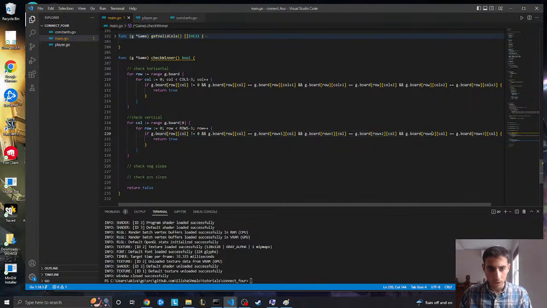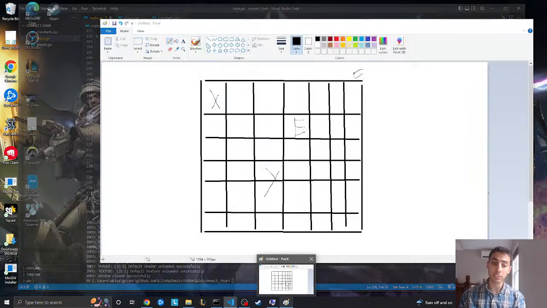Okay, so let's just make sure I did this properly, because I just found an error. So if row next column does not equal 0, row call plus 1, row call plus 1, row call plus 2, row call plus 2, row call plus 3, row plus 1 call, row plus 1 call, row plus 2 call, row plus 2 call, row plus 3 call. Great, so that's good. So that checks all the verticals. Awesome. Now let's check all the negatively sloped things. The negatively sloped stuff